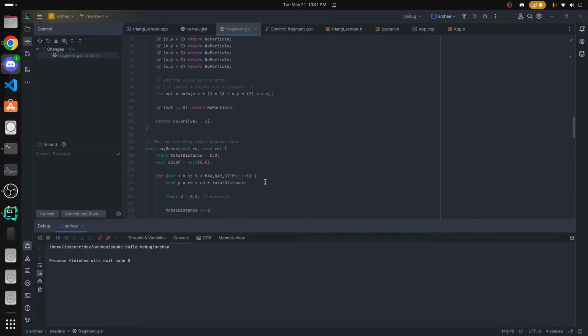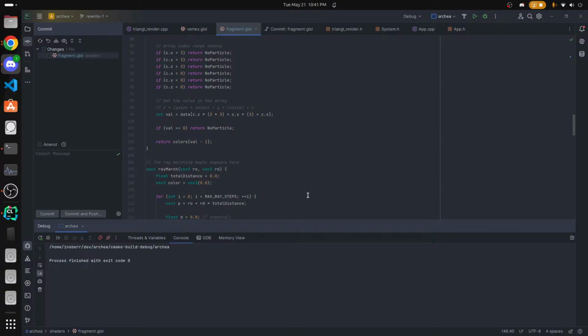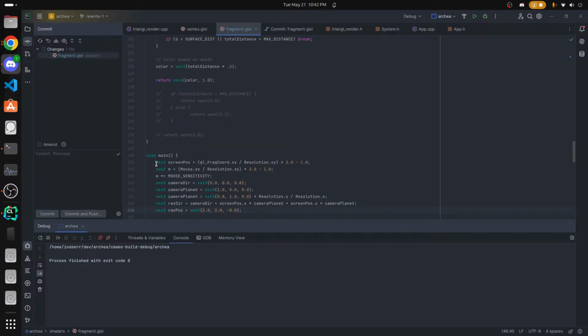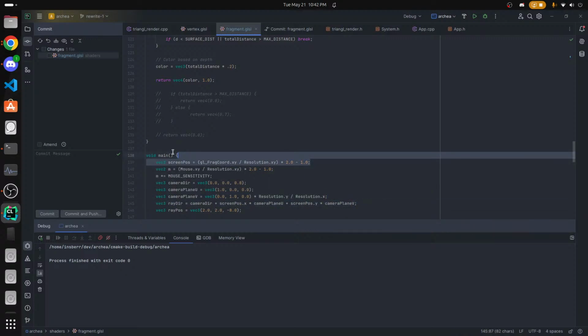The thing to figure out really is, I guess it would be nice to get a fly camera in, like I had before, with WASD movement and stuff. Basically, to do that, all I need to do is screw all of this math for the most part. I just need to actually pass in